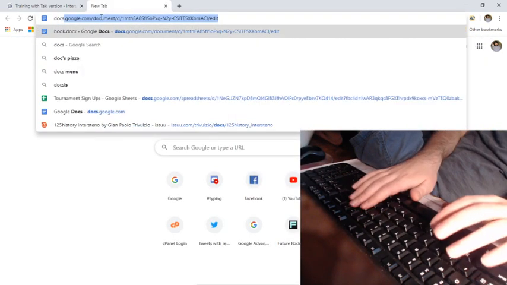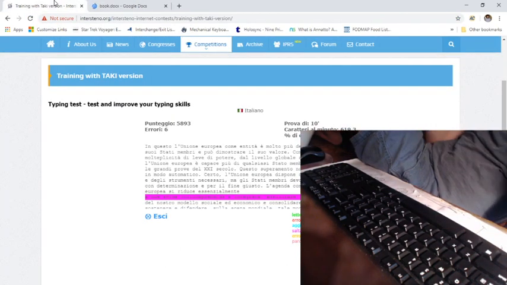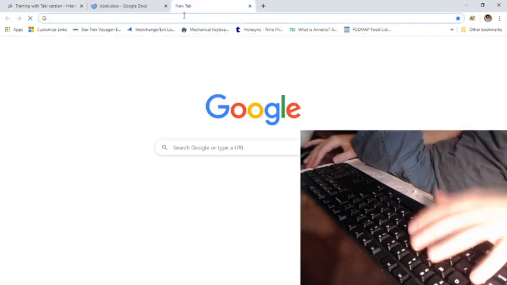How did I do in the past? I know I have been fastest in Italian in the past. And I'm also going to look up